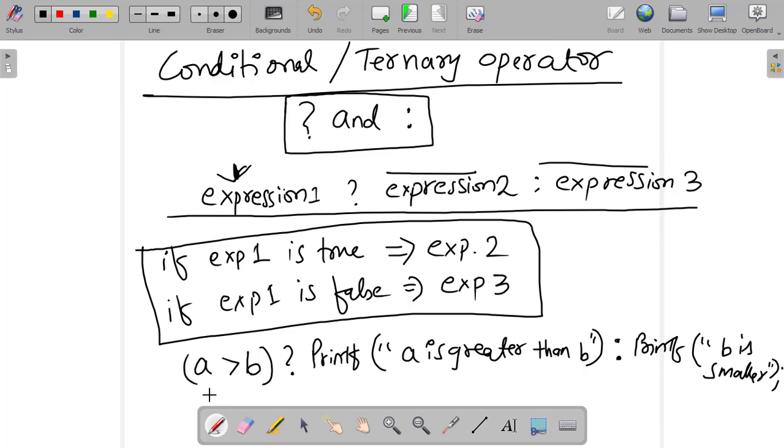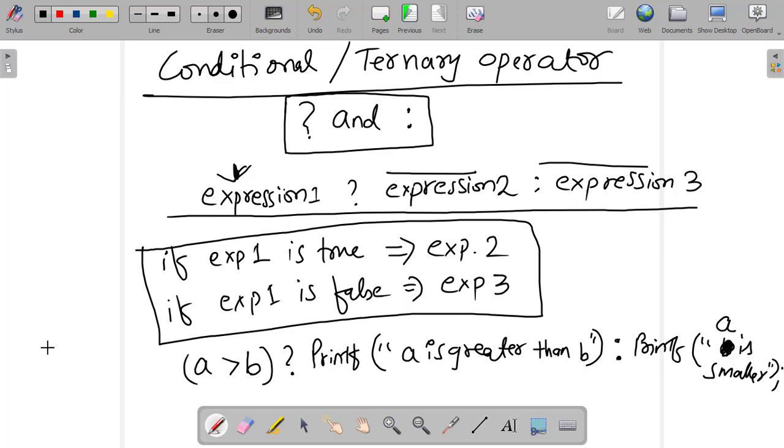So see here, if A is greater than B, it will print A is greater than B, and else it will print, no sorry, here we have to write A is smaller.